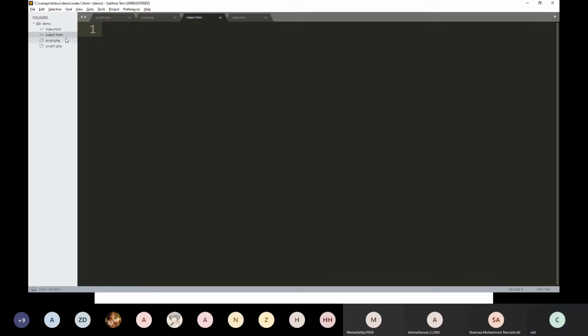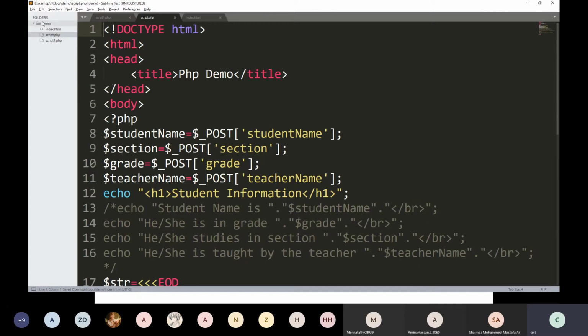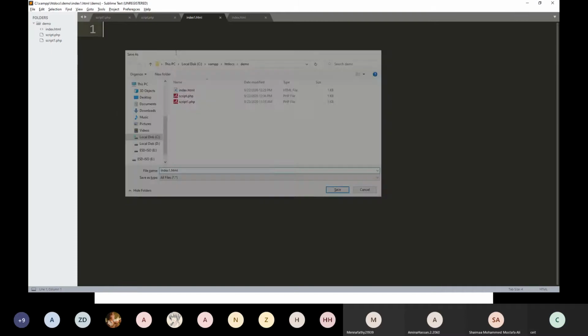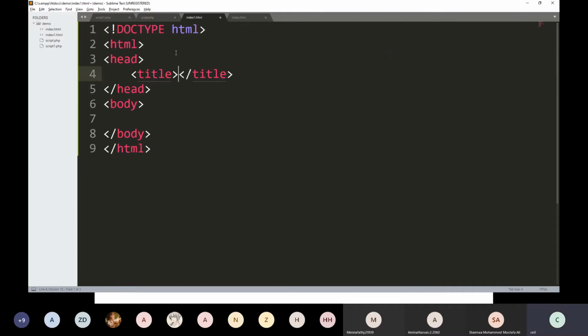Let it be. Not getting refresh, delete file. Right click, new file, index1. Suppose here, title sample,